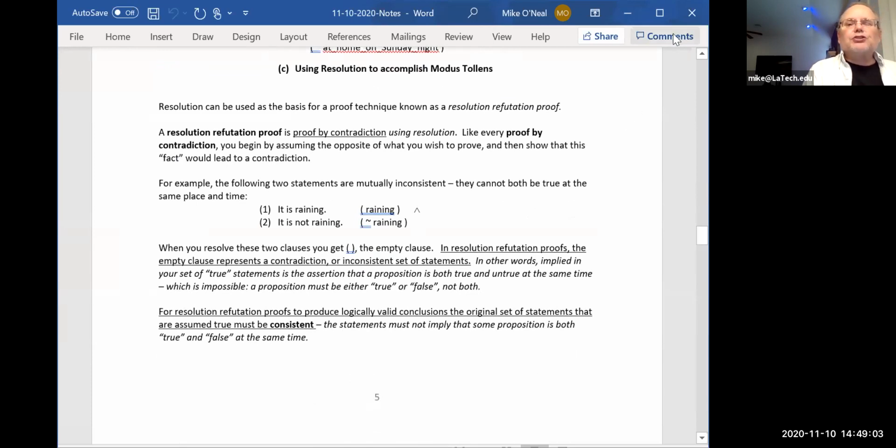Okay. So what are we going to do next? Well, we're going to tie this together with resolution refutation proofs. Refutation, because I'm going to refute something. A refutation proof is just another word for proof by contradiction, okay? It's a resolution refutation proof because I'm going to use resolution as the technique that I use in this refutation